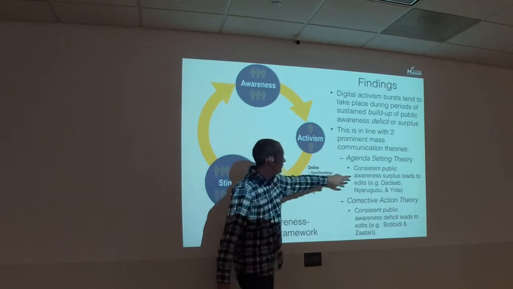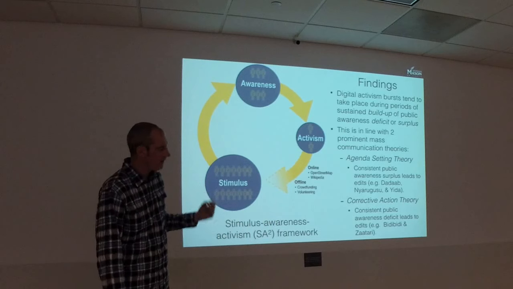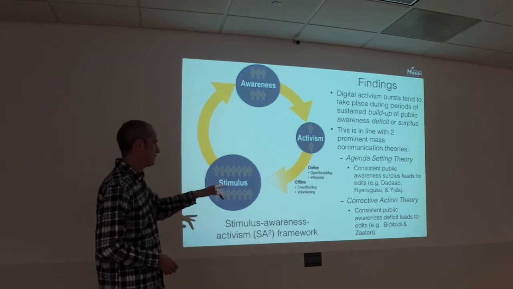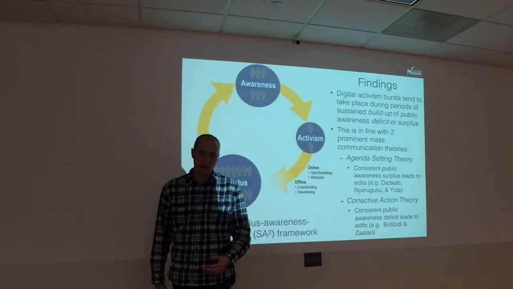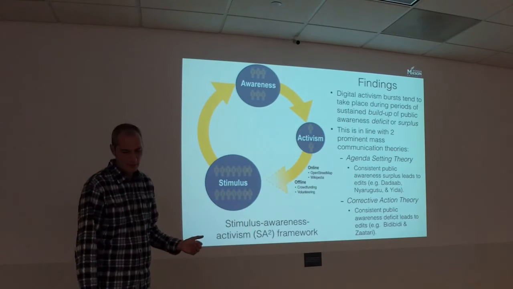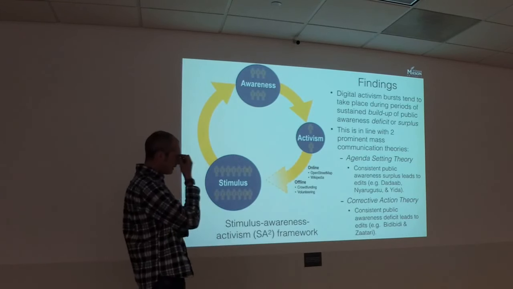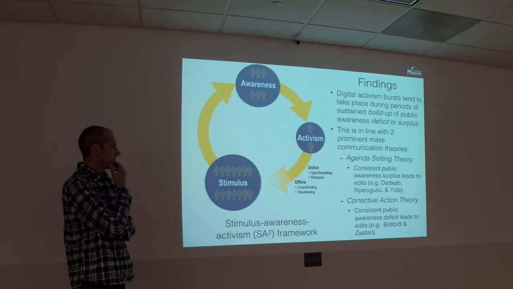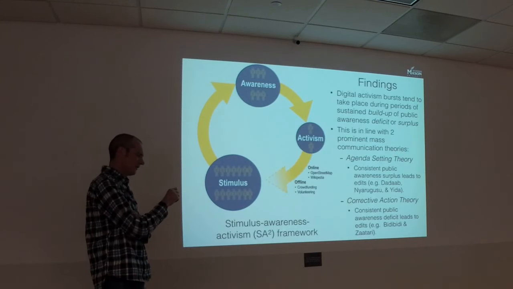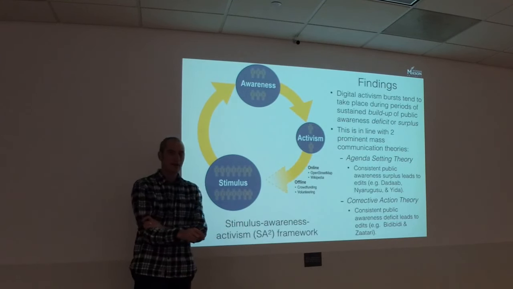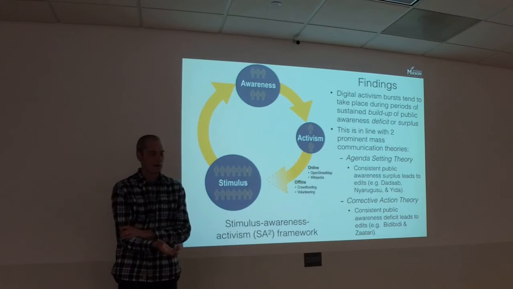So when you have a surplus, it leads to agenda setting theory, people hearing about it, and therefore editing, such as in some of the camps. While if there's a deficit in awareness, people will start editing the maps. Why? It still doesn't add to the whole idea of why people are editing the maps, but it sort of gives an idea that there's not one reason why people edit. That's sort of the bottom line.